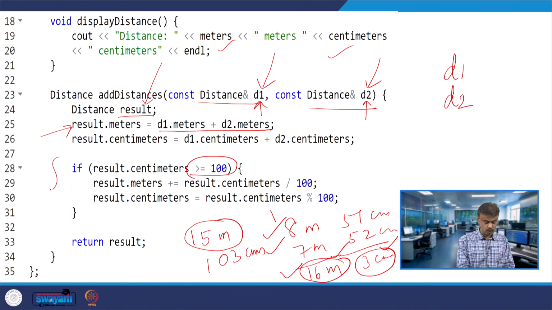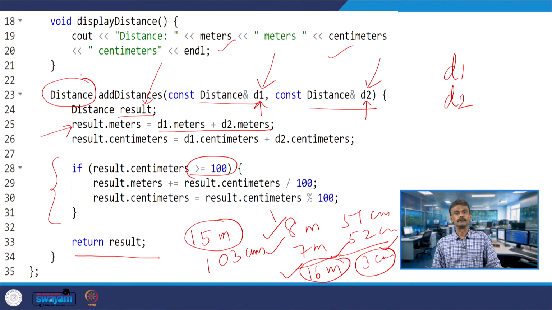So, here we are using the logic, and then this will return result, because the return type is also the object, which is possible. We will extensively study about this. Right now in this introductory lecture you only have to worry about objects and classes. There is some syntax that we will be covering in due course.